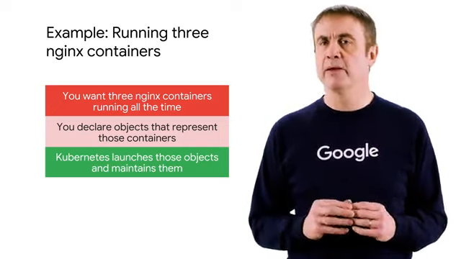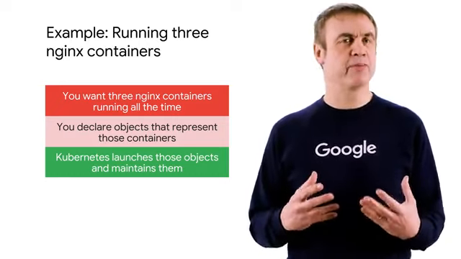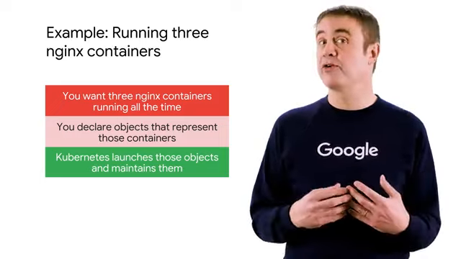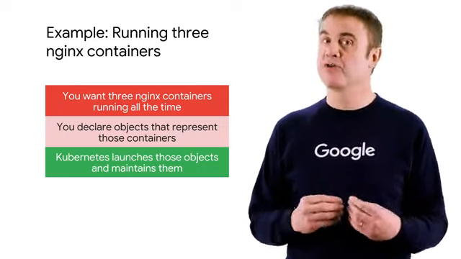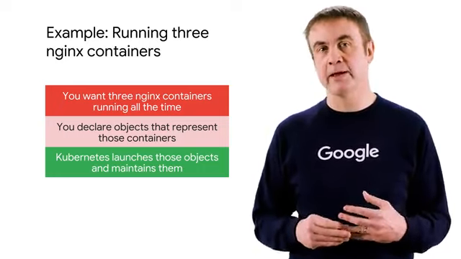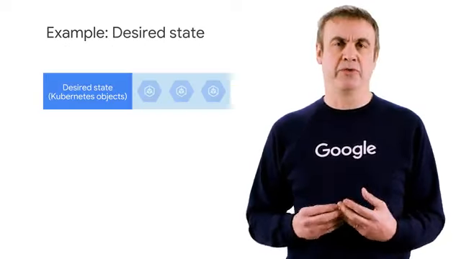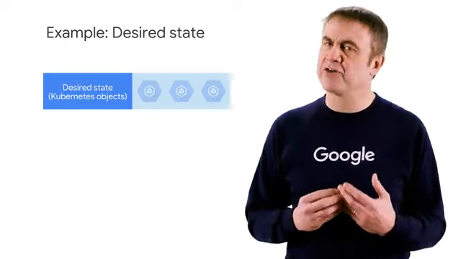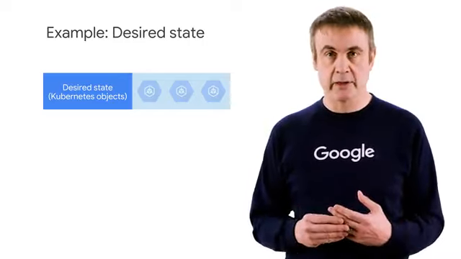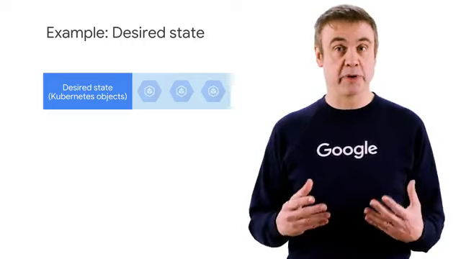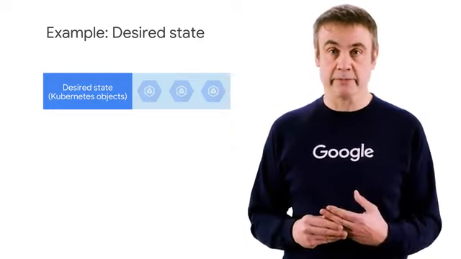But be careful. Pods are not self-healing. If we want to keep all our Nginx web servers not just in existence but also working together as a team, we might want to ask for them using a more sophisticated kind of object. I'll tell you how later in this module. Let's suppose that we have given Kubernetes a desired state that consists of 3 Nginx pods always kept running. We did this by telling Kubernetes to create and maintain one or more objects that represent them.